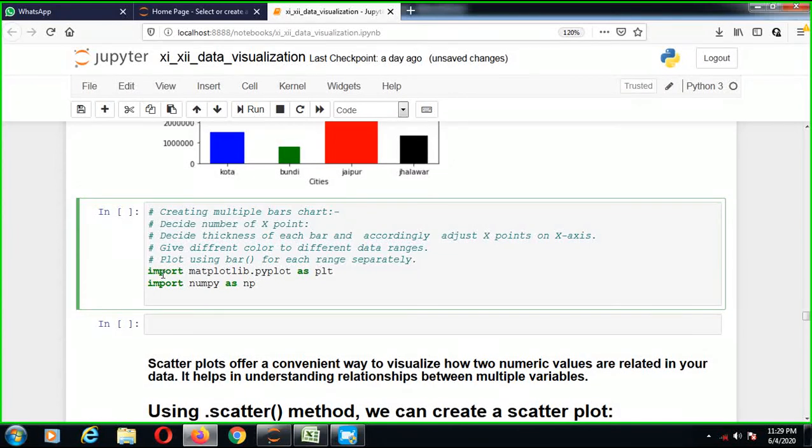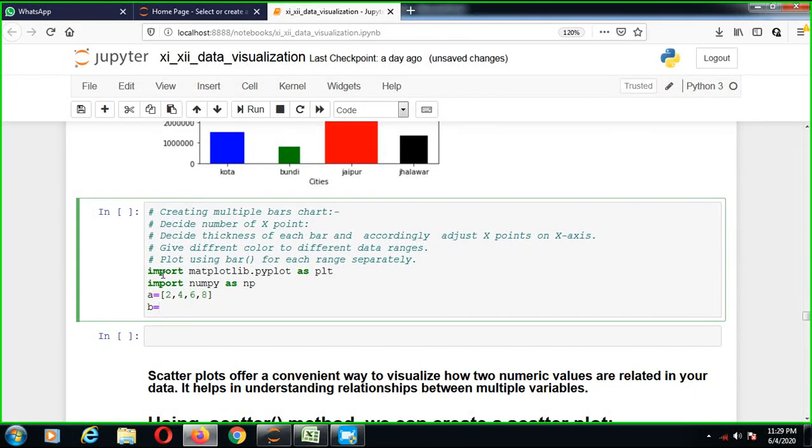Suppose I'm taking a equals 2, 4, 6, 8. Now b equals 2.8, 3.5, 6.5, 7.5. So we have two lists, two arrays.